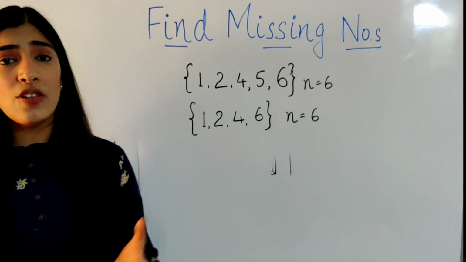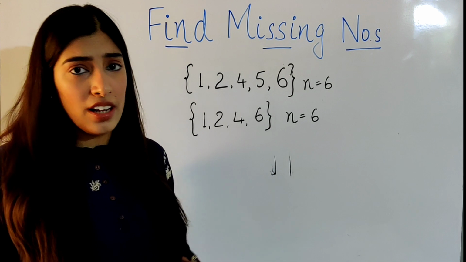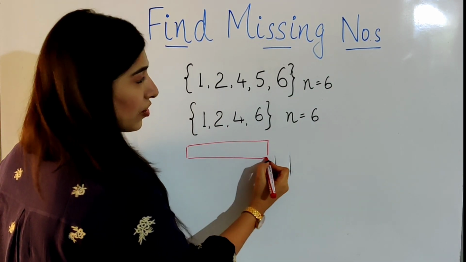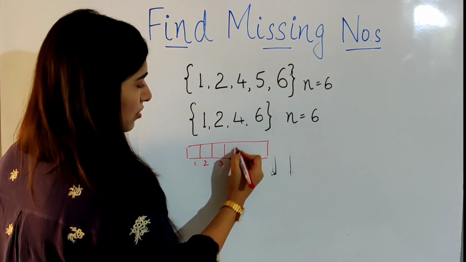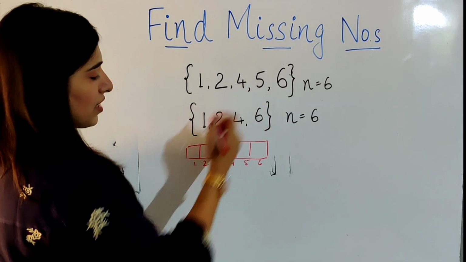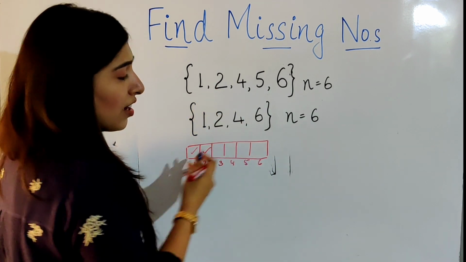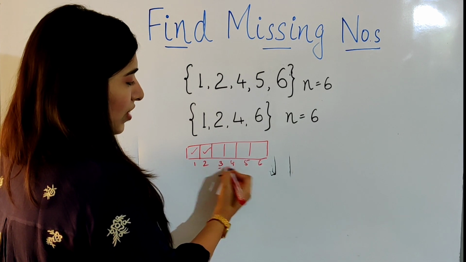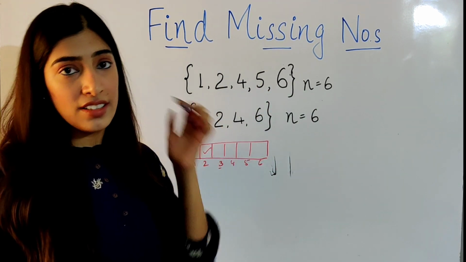So we can just take a vector, an array or a hash map to store which all values are there and which all are not. How? Suppose I take an array of length n, which is 6 in our case: 1, 2, 3, 4, 5 and 6. As I traverse through this array, I can just keep marking. Okay, 1 is there, 2 is there, yes. So I can just have a boolean over here and keep marking. And then in the end, we can see which all are absent. So we can use this way for both the questions.